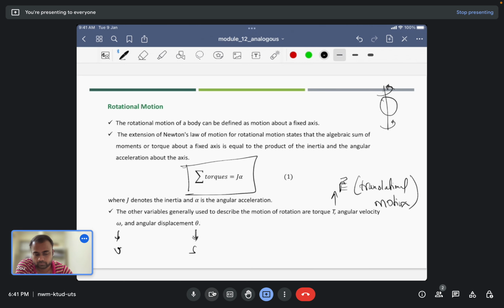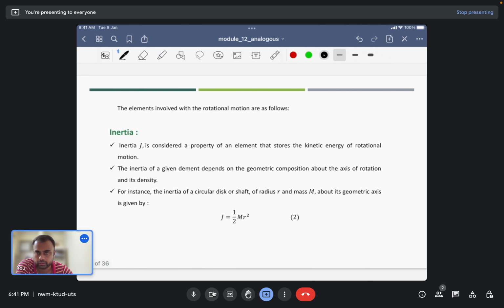Okay, so the approach will be the same here. Let us first of all define all these components one by one. So the first one is the inertia. So inertia is considered a property of an element that stores kinetic energy of rotational motion. So earlier mass was the property that stored energy due to translational motion. So inertia of a given